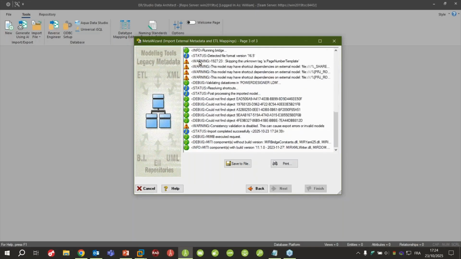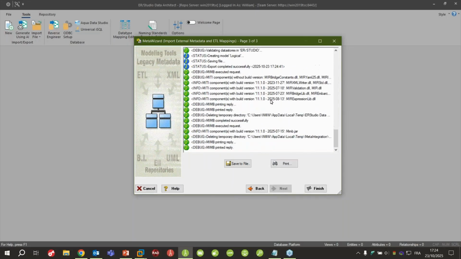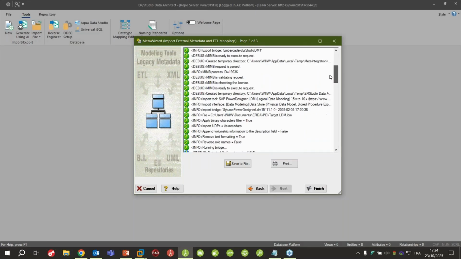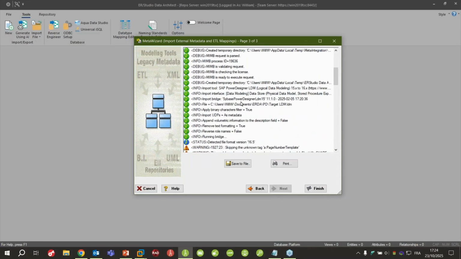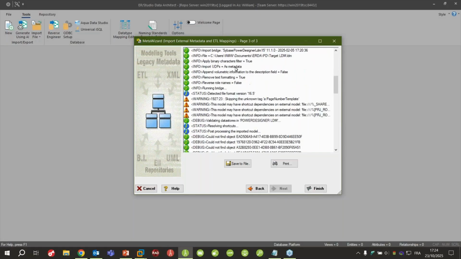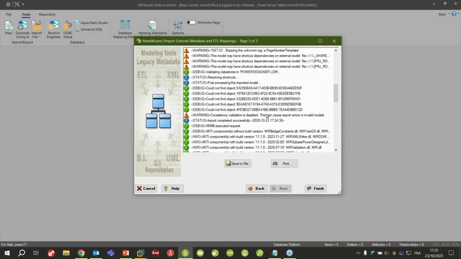The first time you launch it, if you have just installed RStudio Data Architect, you will automatically download some specific libraries to be able to parse this specific project. I have already launched it, so it has all the different libraries. When I look at my logs, I can see some specific warnings. Like I explained, in this specific project I have some shortcuts, and the shortcuts themselves can't directly get these external links when imported. So you will need to merge these projects together.